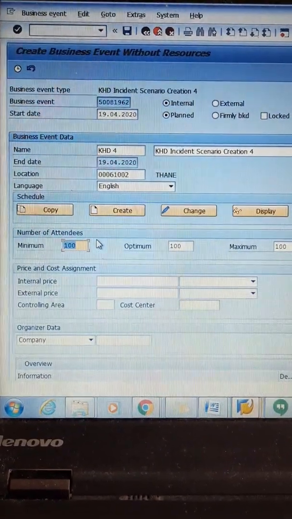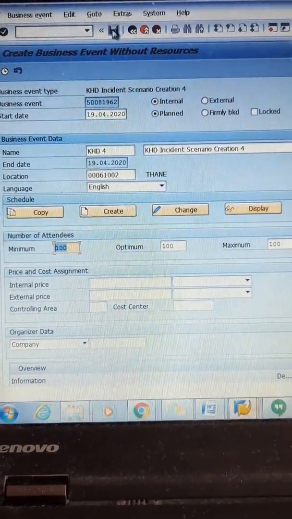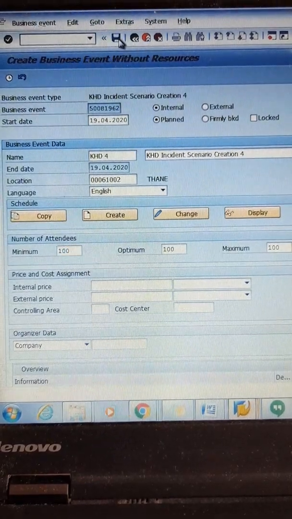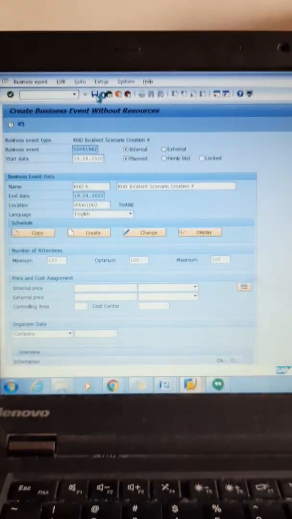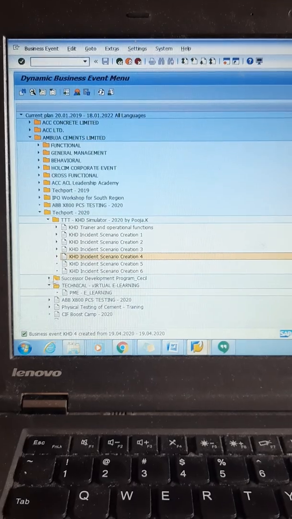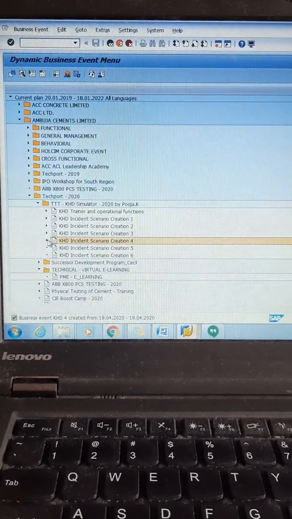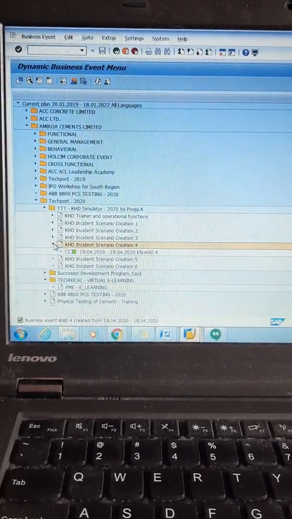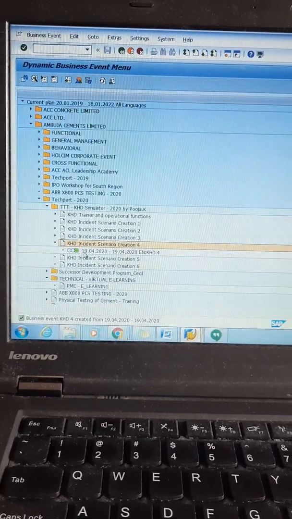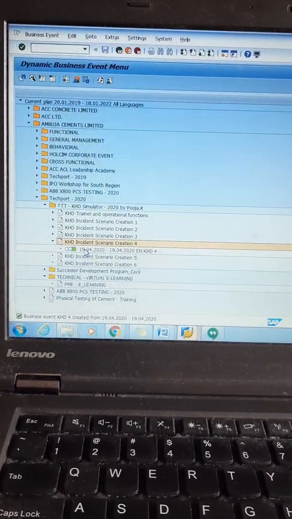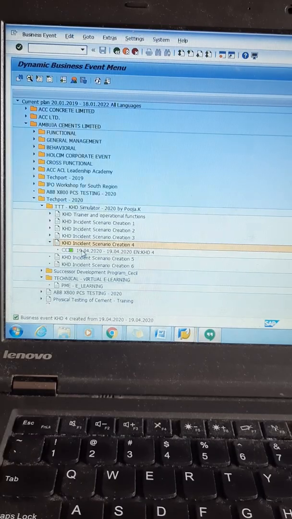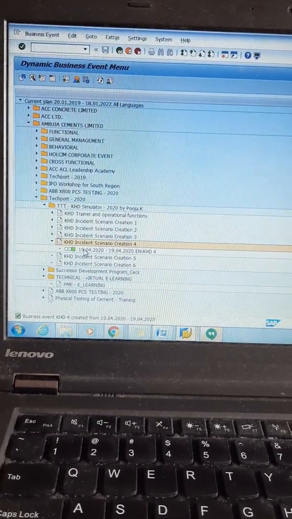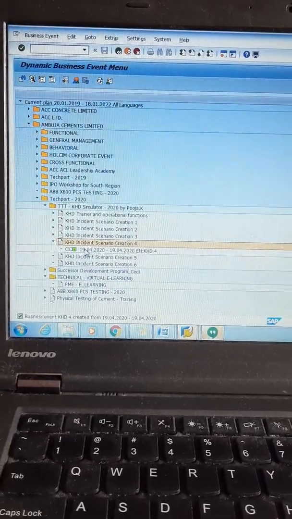Okay, I hope it is clear till now. And now you are going to click on the save button. Once you click on the save button, you can see it will come out of the place. You will have to enable this and expand that, and you can see that the record has been created for the training date. Now we are going to enter the training record.